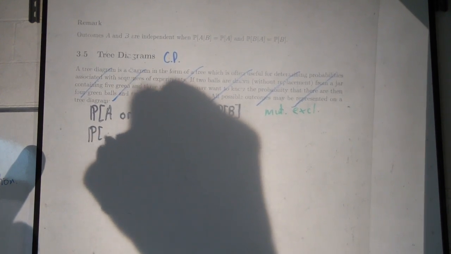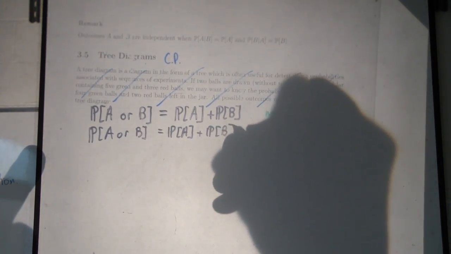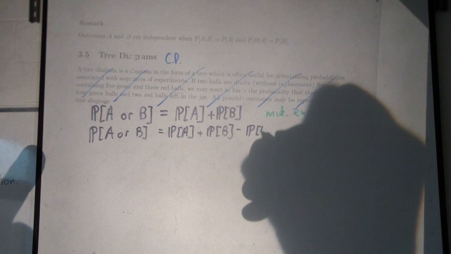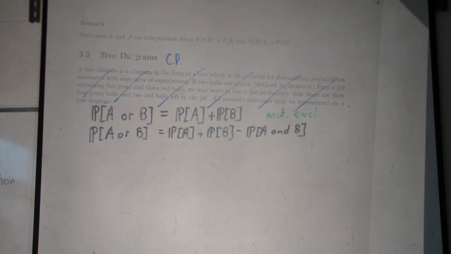Okay. Now the harder example of that, when they can happen at the same time, you end up with the probability of A or B is equal to the probability of A plus the probability of B minus the probability of A and B. So that's when it can happen at the same time. Yeah, this is the general thing. Now, I'm telling you, you won't need this. Basically, say for example, for the king or the hearts, so they can happen at the same time, if you use that formula there,